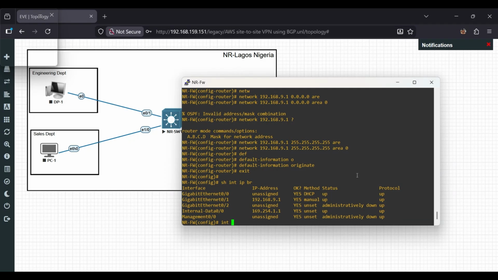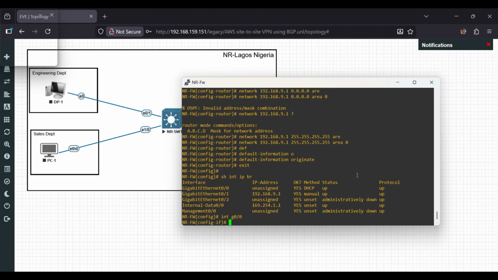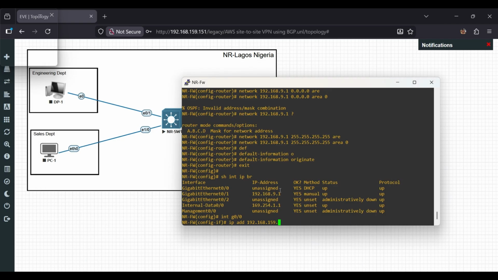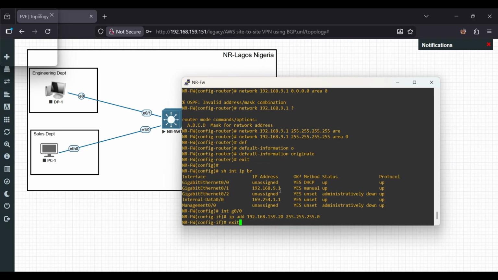So interface 0/0, IP address 192.168.159, let me just say dot 20, 255.255.255.0. Okay.